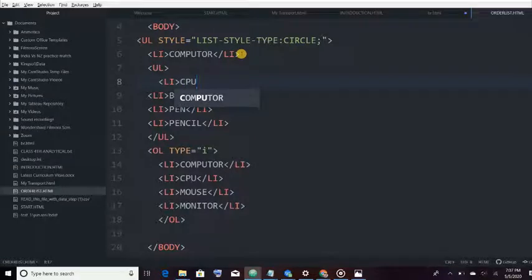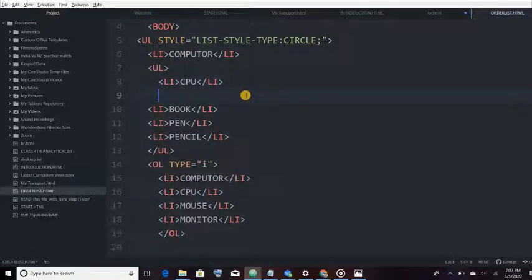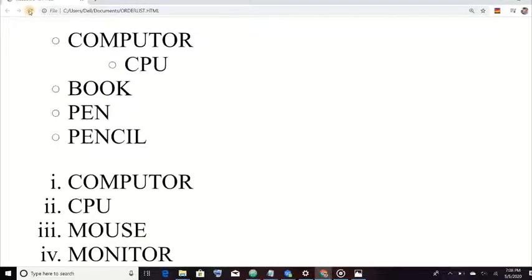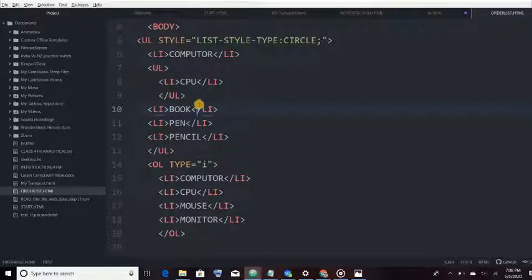So I have inserted CPU, and I will close this list item, and now I will close the UL tag. So under computer we can see CPU, so you can insert an unordered list in an unordered list as well. So here it's computer, and under it there is a component CPU. So through this way you can insert another UL tag.